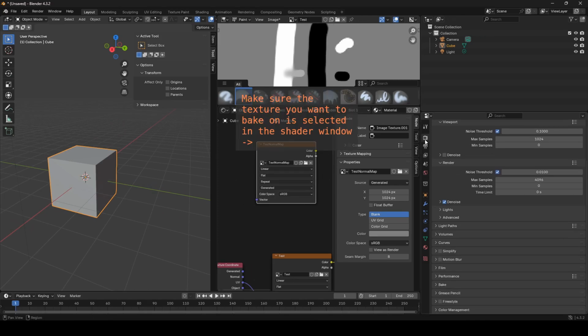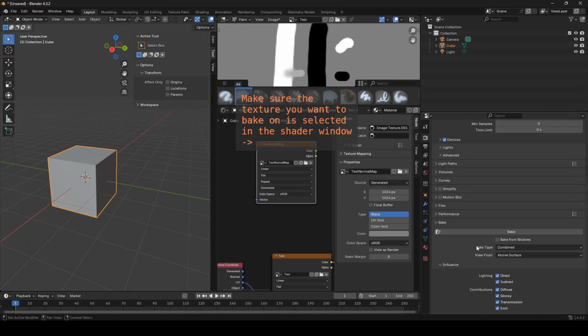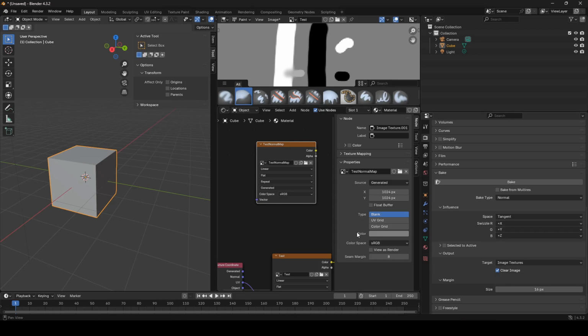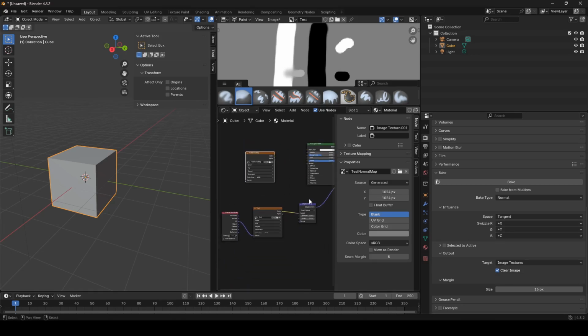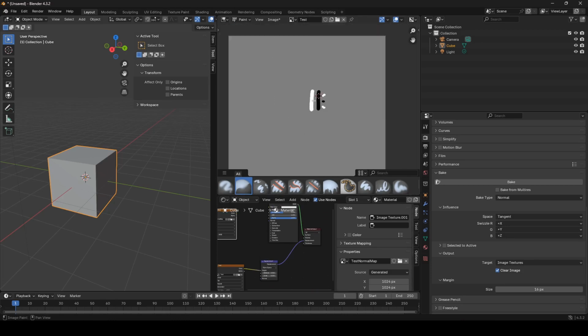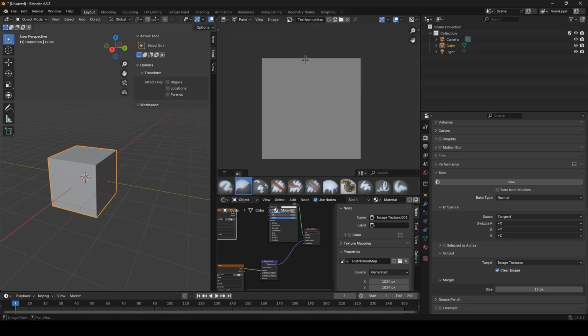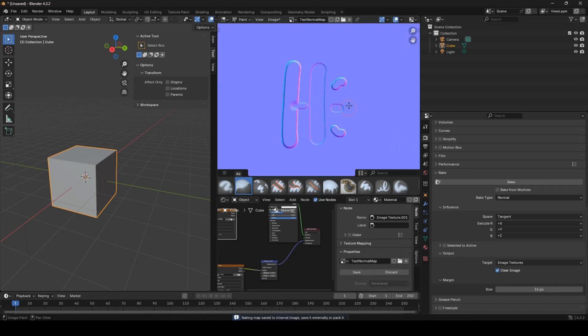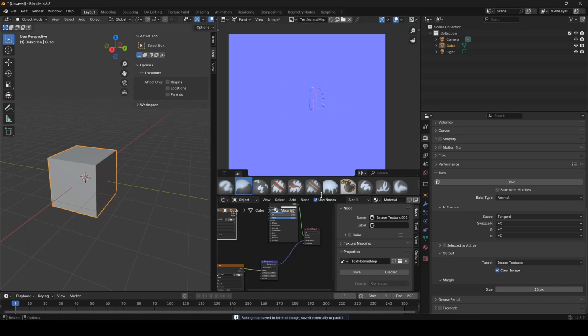baking system by going to render, bake, set this to normal instead of combined, and now because this is editing the displacement, and as a way of helping visualize it, I can actually pull up this here. I can then hit bake, and it has now generated a normal map for this,